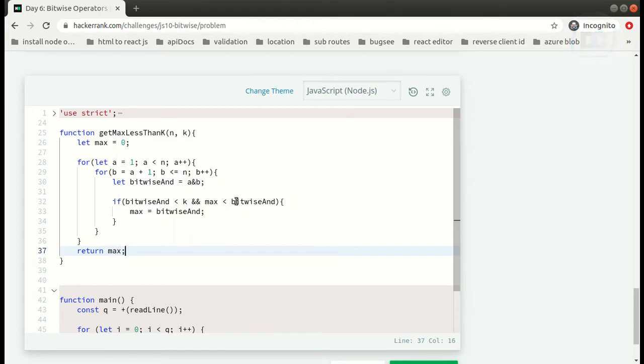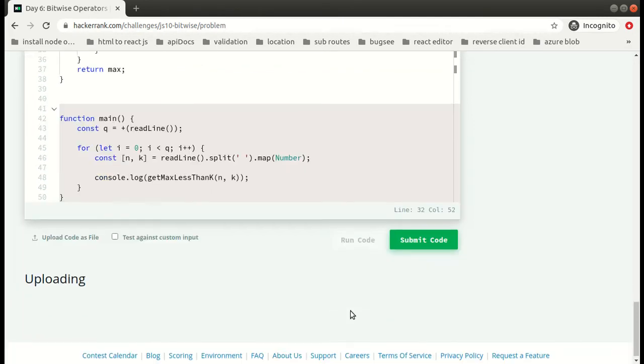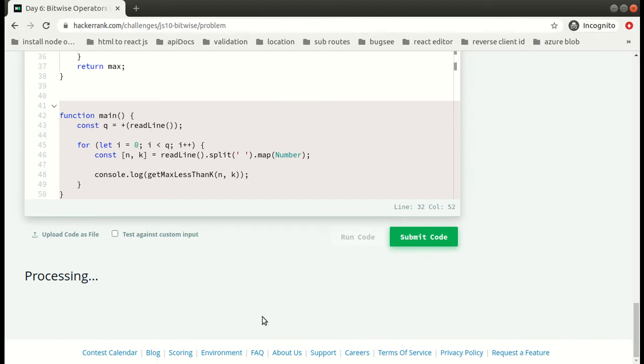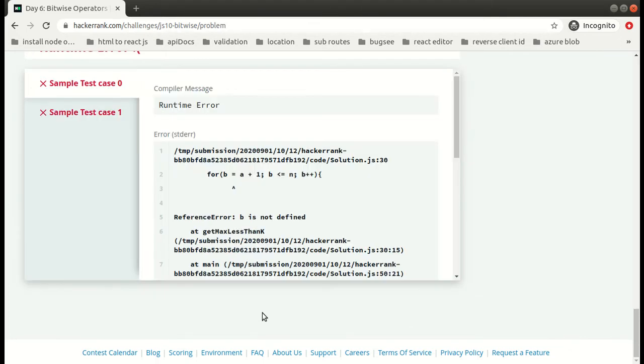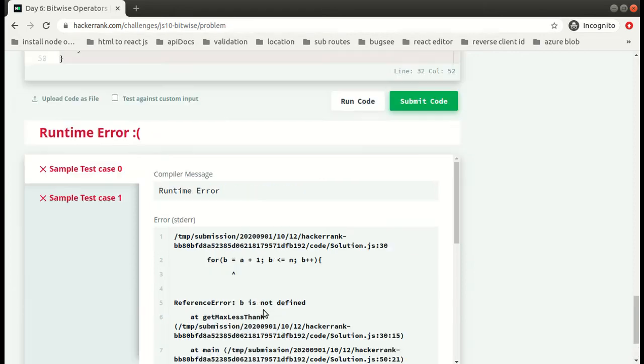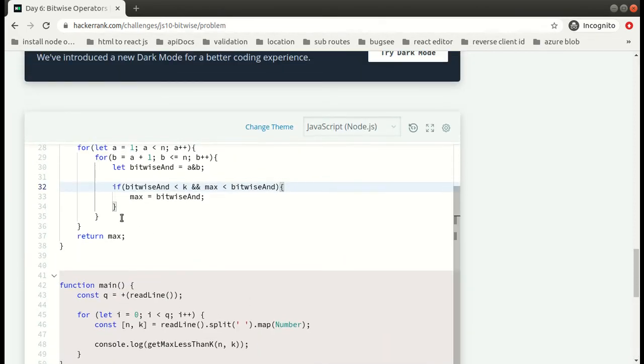Cool. Okay, so guys, we are picking up a and b, two integers basically, at a time, and we are doing bitwise AND between them, and then we are just setting the new maximum by using this condition. So now let's try running this code. We got an error because we have not declared it.